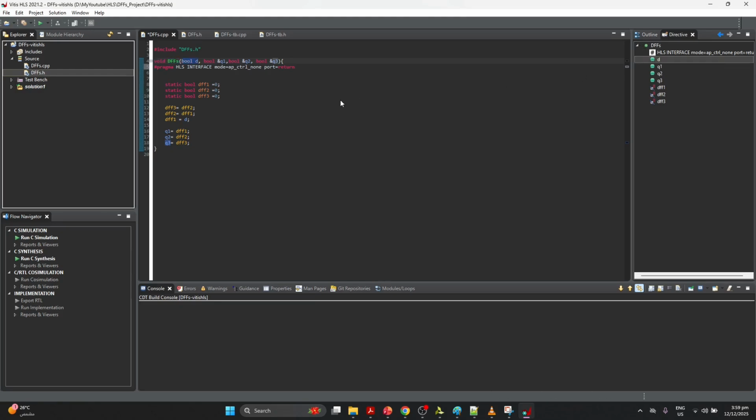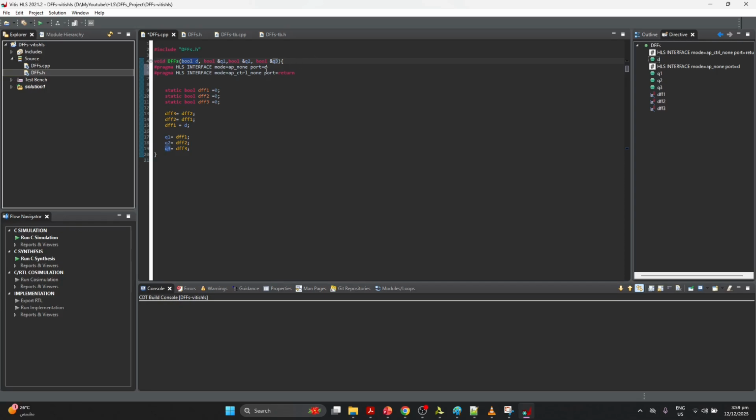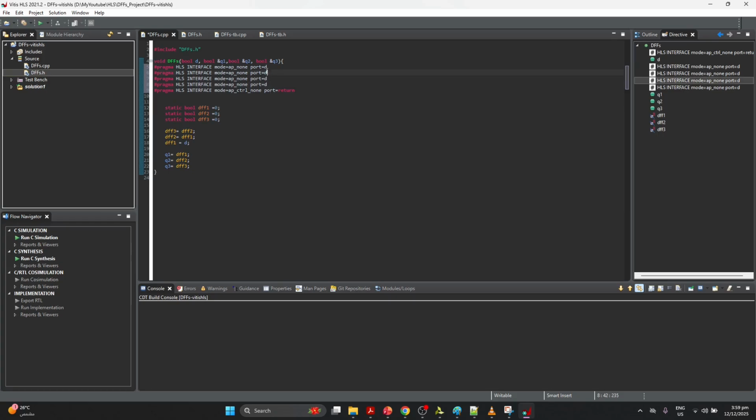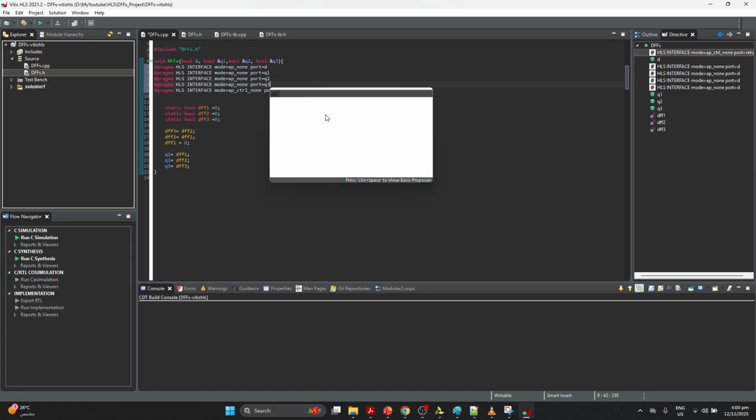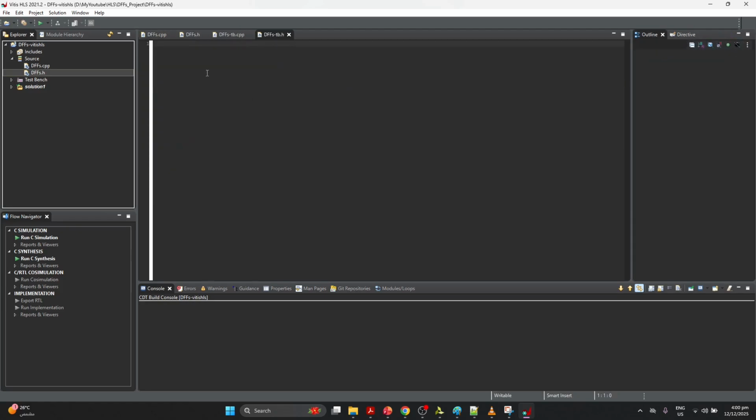Similarly for other inputs, just copy and paste for the Q1, Q2, Q3. Okay, and I will write test bench header file where I will